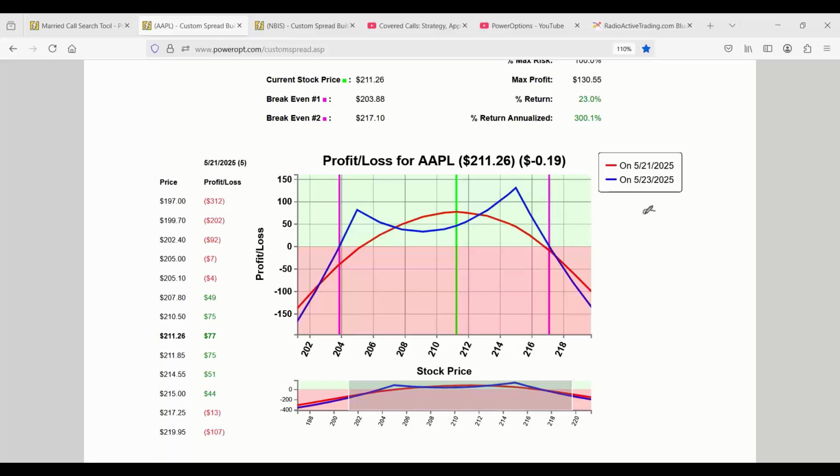Any calendar spread, when you're selling short term and you're buying long term, this is just a straight calendar call spread. It would look something like that. Some people call it the poor man's covered call. I don't use that term. But that's the profit and loss chart. Here's my buy strike in the money on the call side. Here's my sell strike at or just out of the money. Now,